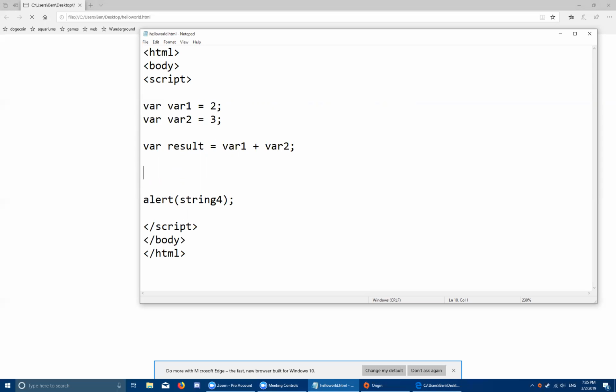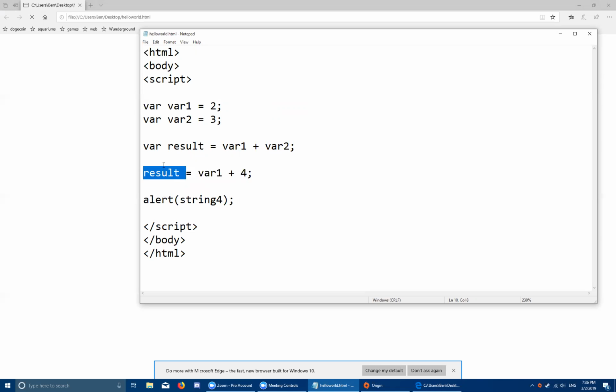So then we can go down here and later on we can do result equals var1 plus 4. So here we're adding together a variable which has this value of 2 plus another number that's not inside of a variable. So this will give us 6,